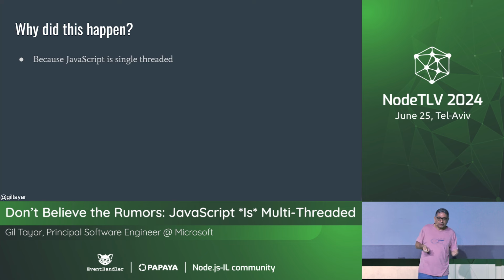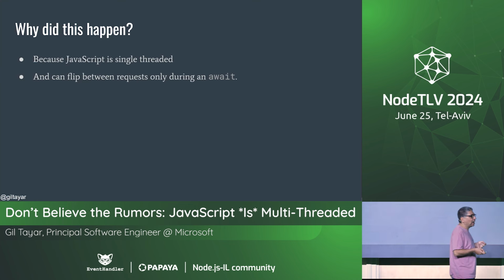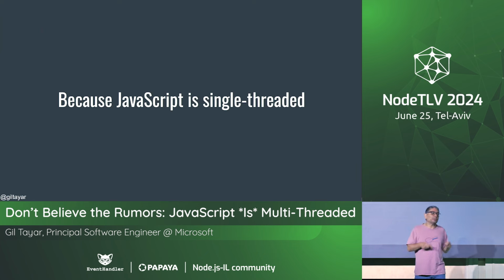Why did this happen? JavaScript is single-threaded, it can flip during awaits. Well, this is a simplification of when it can flip, but basically, since we're all using async await, it can flip basically during an await. If there's no await, it can't flip, so it's stuck for 16 milliseconds. The problem is JavaScript is